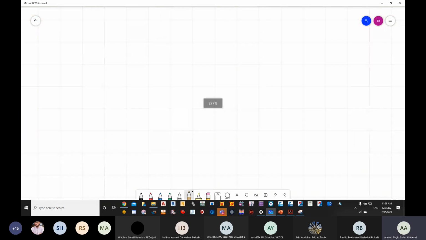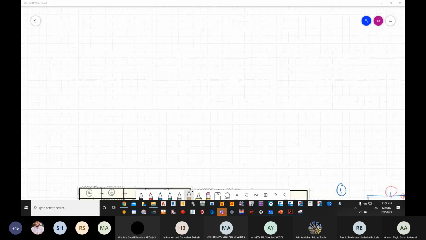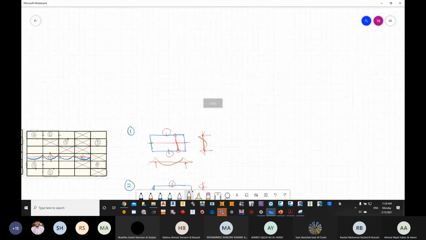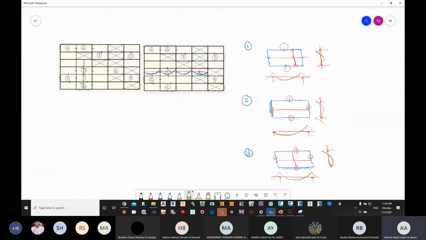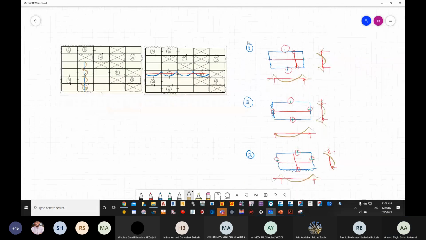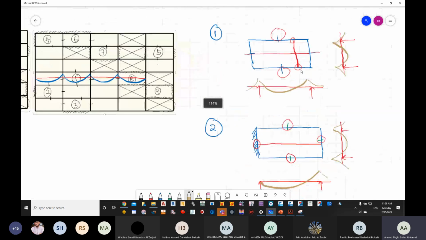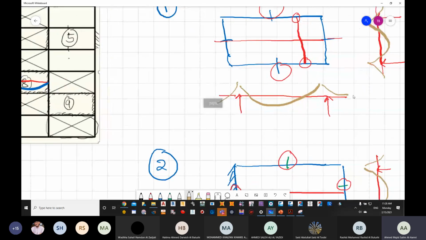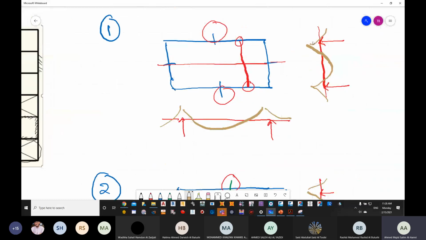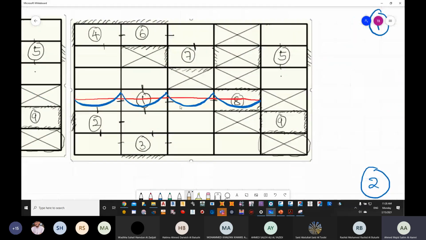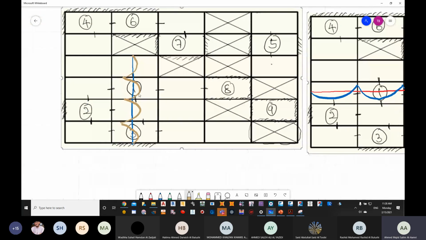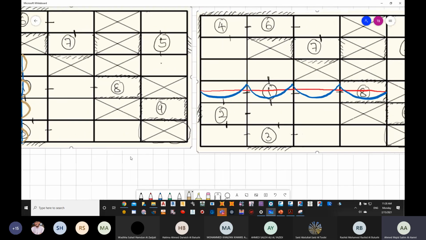Now if you see case number 1, this is case number 1. You will see in the horizontal it's continuous, or it's looking like this. In the vertical it looks like this. Now if I go to the strips that I have drawn, you will see it's a representation of this one. Now what about case number 2? In the vertical for case number 1, you will see it represents the same. Now if we go, for example, for case number 2,